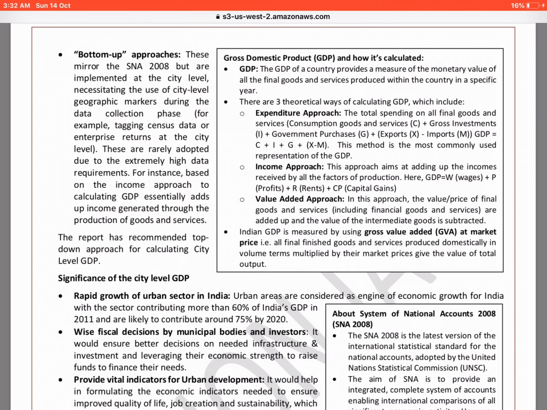So their idea is that cities should also upload their economic activity data, every one of their accounts, on something on the same platform like SNA. So if every city uploads their data, a comparison can be made between the cities, on how they are performing. But again, since India is a very diverse country, from region to region, city to city, there